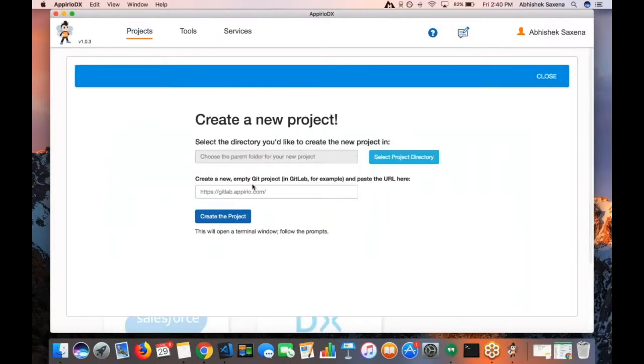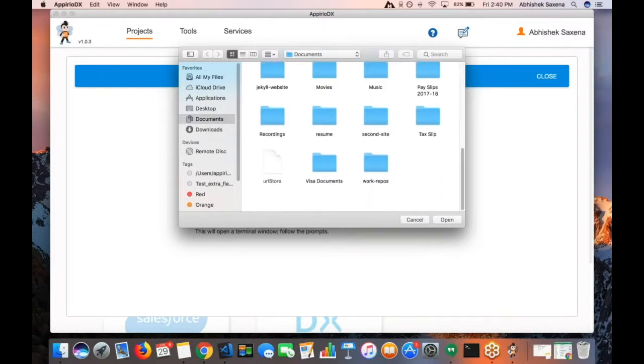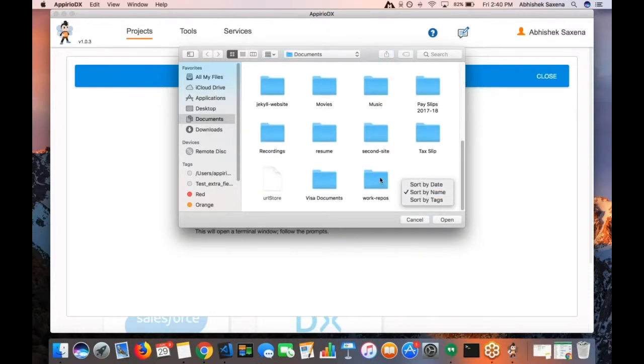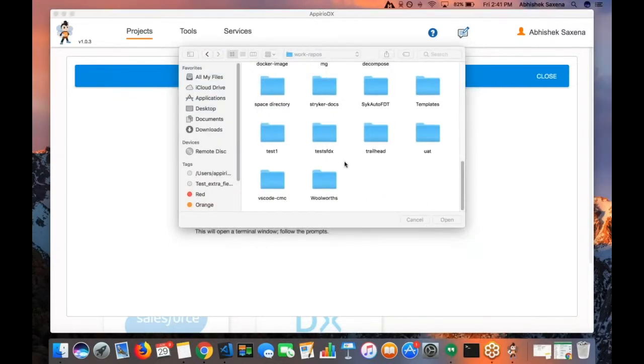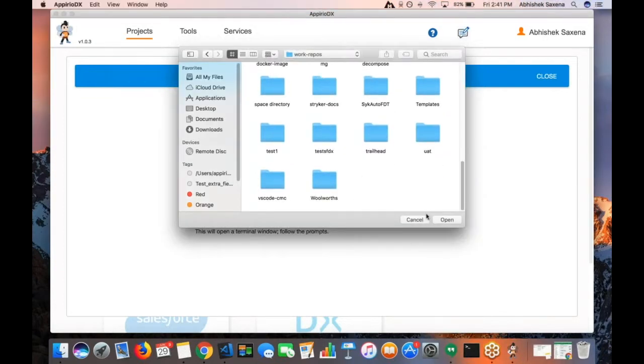Once you click that, we can see it is asking for two things: the directory where we would like to create or store our project, and then the repository URL of the GitLab repo we just created, the empty repo to which this project should be pushed. So let's select a project directory. This directory seems reasonable, so let's select this one,